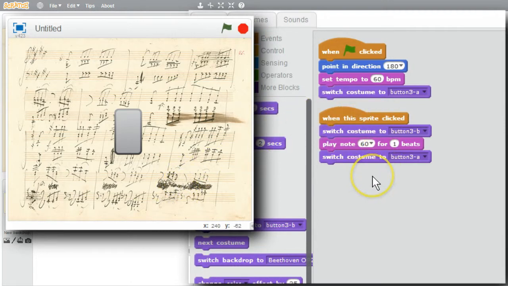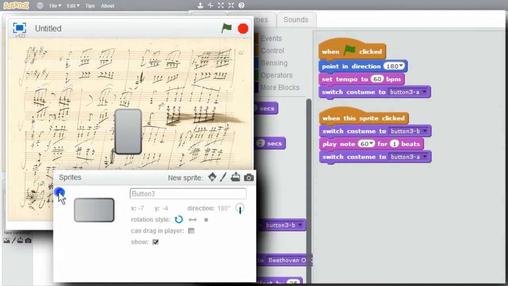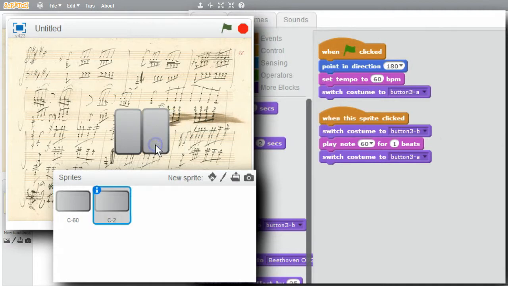First I'll try making piano keys by copying this sprite. It's playing 60, which is a middle C. I'll change the name. I'll call it C60. I'll duplicate it. Move it next to the other sprite. Now I have two piano keys. I'll change its name